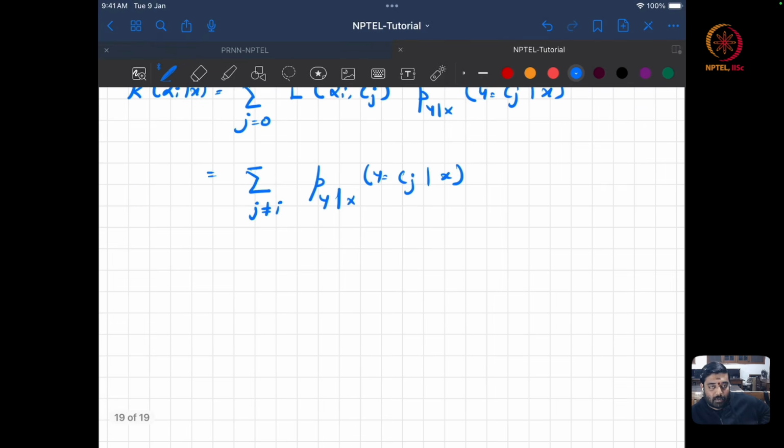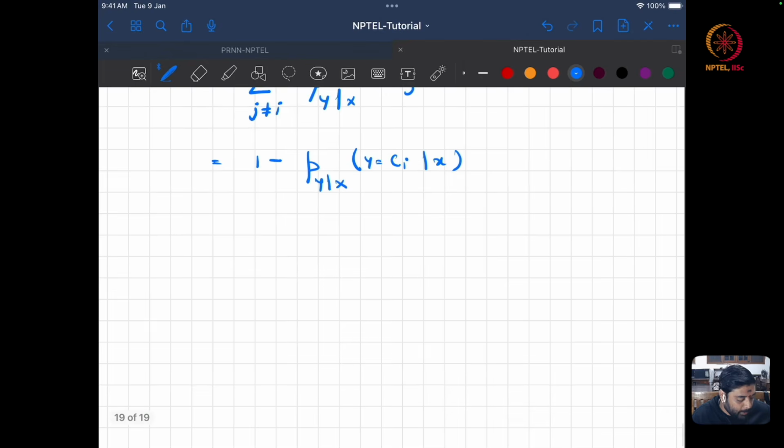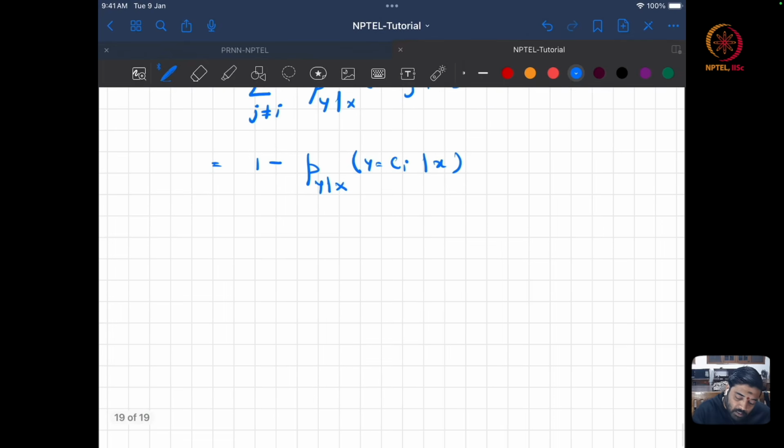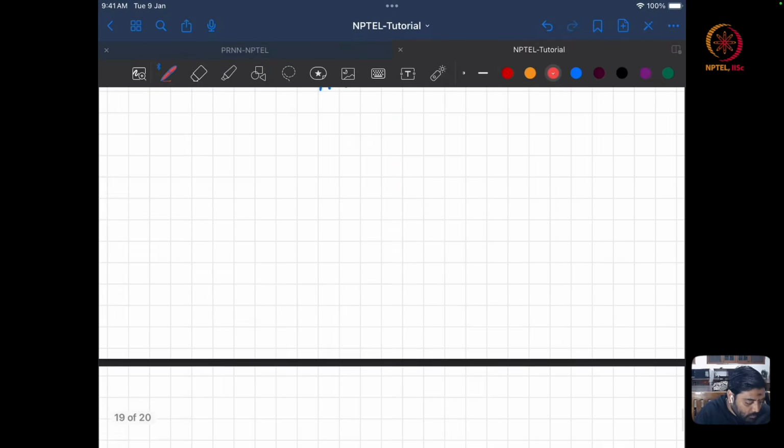Now this is 1 minus the posterior probability of y equal to Ci given x. Okay. Now therefore, how will my base classifier look? Therefore, my base classifier